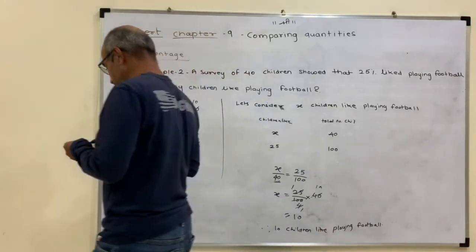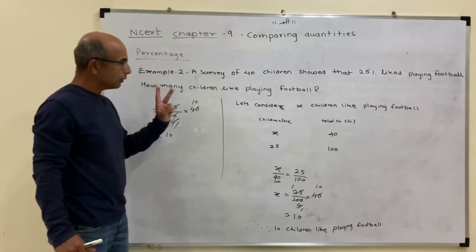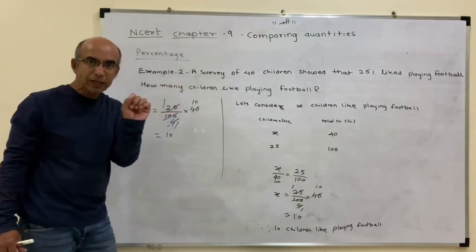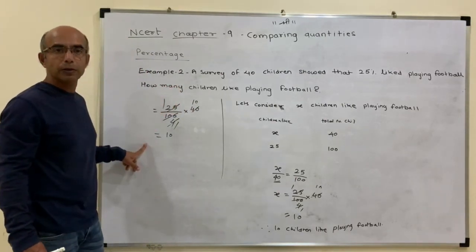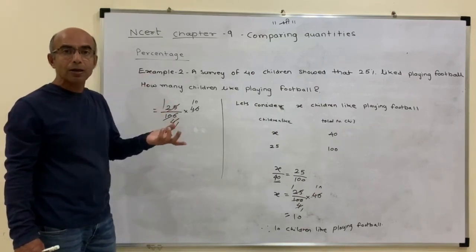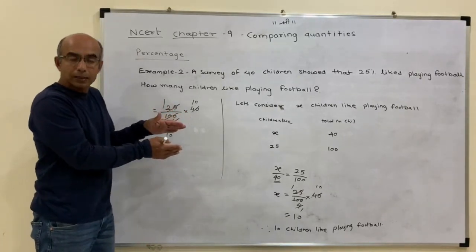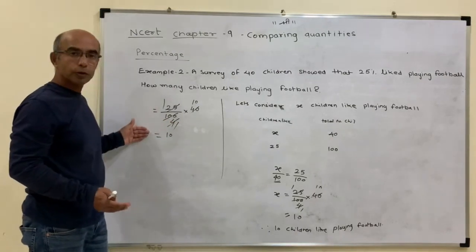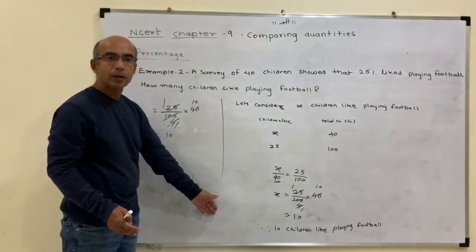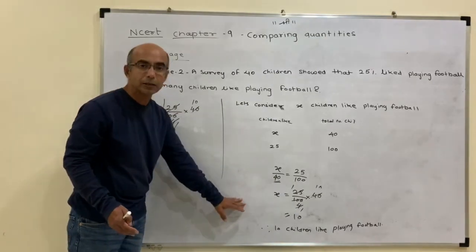Now you must be confused about which way to solve. Should we do this or this? If your question is of more than 1 mark, then you need to follow the steps. If your question is just filling in the blank or an objective, you use this method. When there is an objective exam, you have to choose the right or the wrong answer. That's all you need to do. So how many steps you follow and how you solve doesn't carry marks. There are no marks for the steps. You use this method. But when you have a question which is more than 1 mark, there might be marks for the steps as well. So you need to explain how it has been calculated. So you will be using this method.